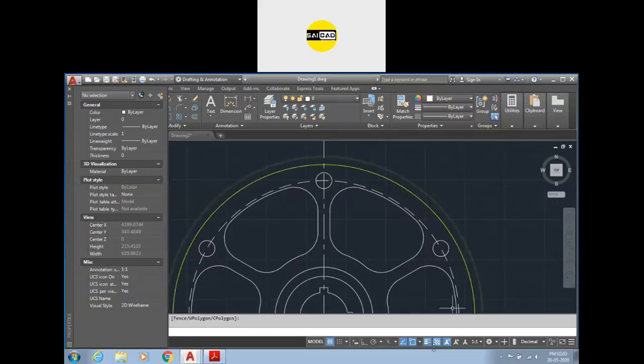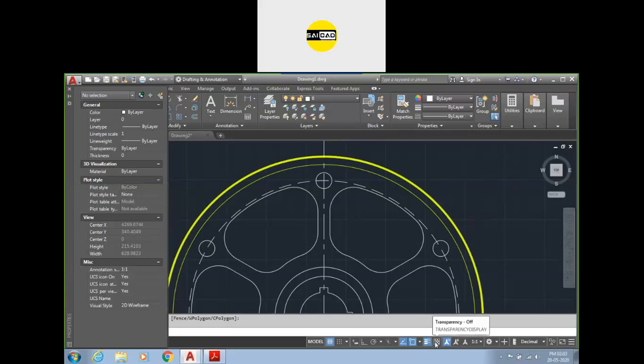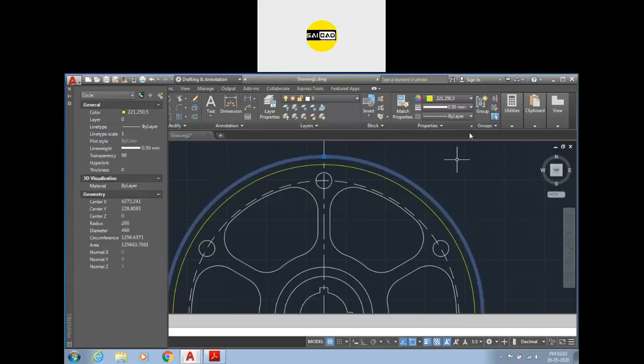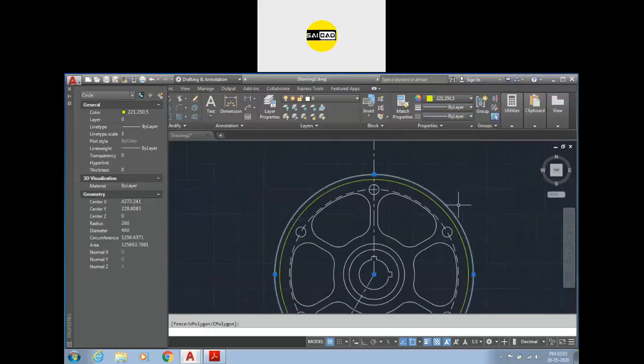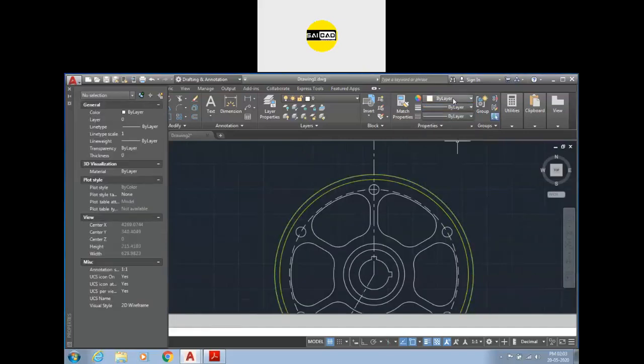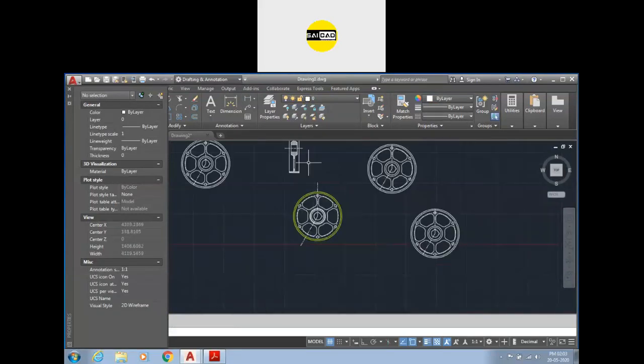So now if you don't want to see the visibility, go to here, turn off the transparency option. If you turn it on, you will see the transparency like that. Okay, so define the properties whichever you need and click like that. We don't apply the properties from here, we use the property from the layers. As I have already explained in the layer commands, we can use everything from the layer. So these were the property options.